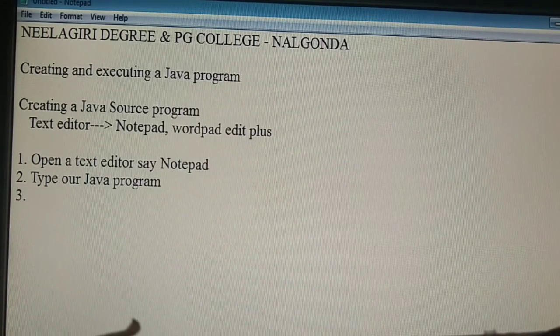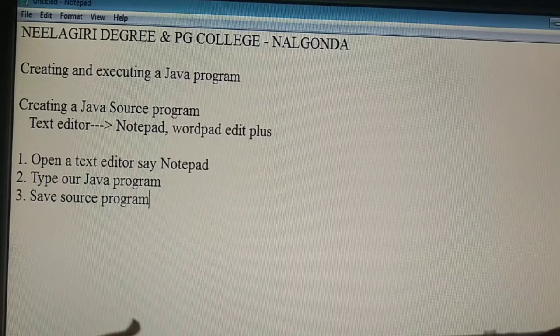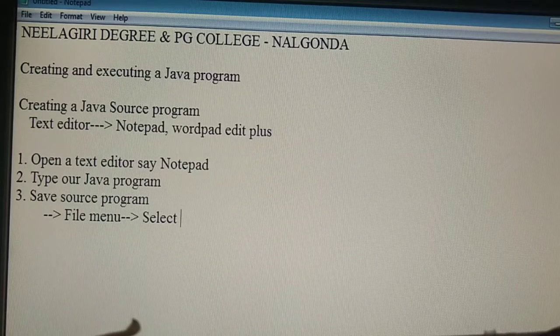Next, third step, we have to save the source program. How to save the source program? In Notepad, we have to move to the File menu and select the Save option.